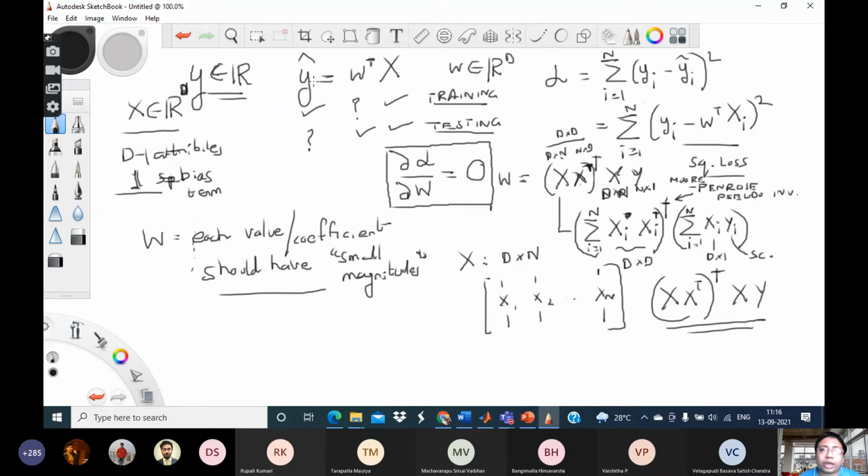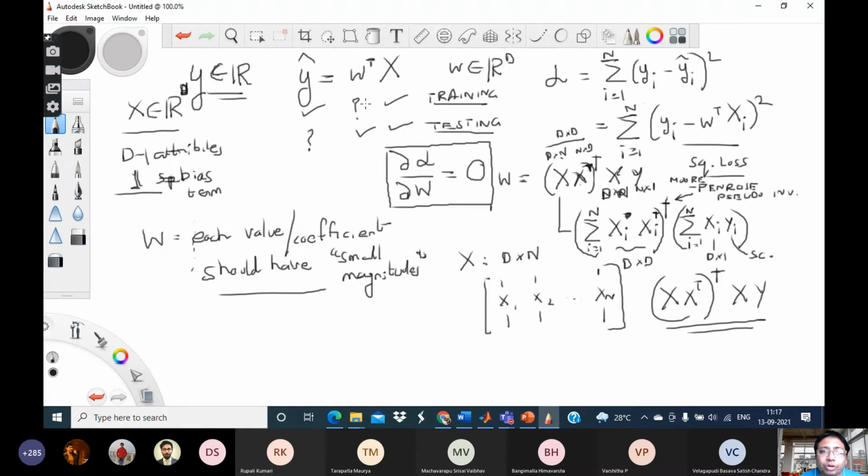It may also lead to another kind of complication. Suppose for some reason this particular attribute has not been measured correctly. There is some error in its measurement. Then that small error gets amplified many times because the corresponding weight is large, and hence even a small mistake in measuring the attribute value has a significant influence on the response variable, so that we can make wrong predictions, right?